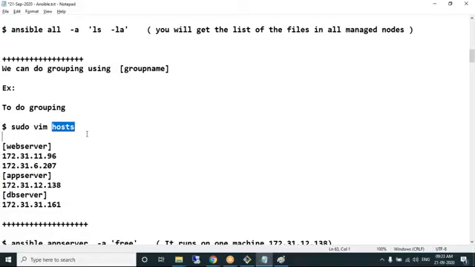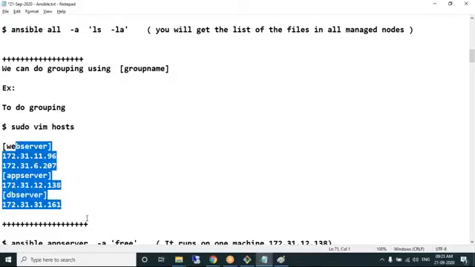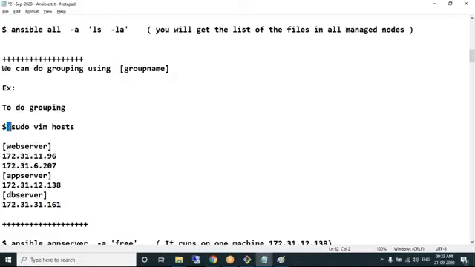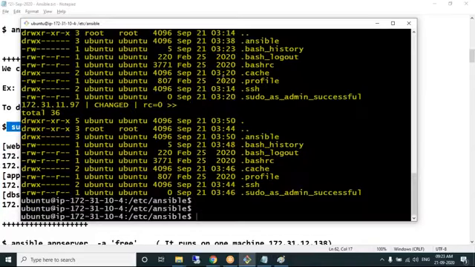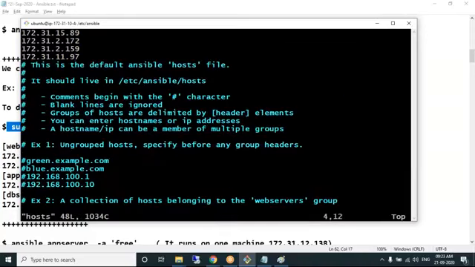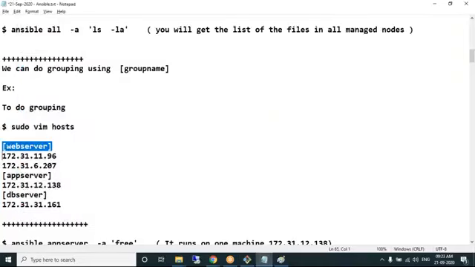So first, I'll divide this into groups. As we have 4 nodes, I'm dividing it into 3 groups: web server group, app server group, and database server group. So for that, I'm opening the host file. Insert mode, web server.